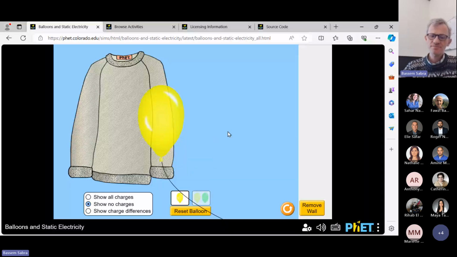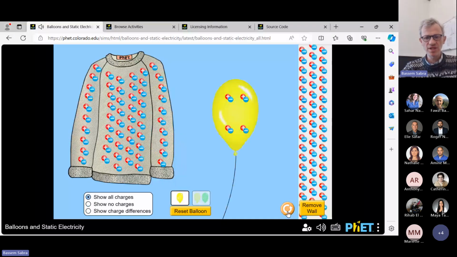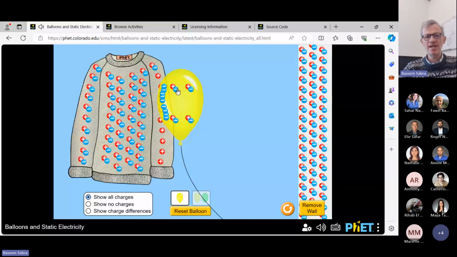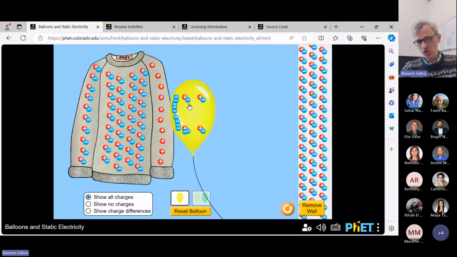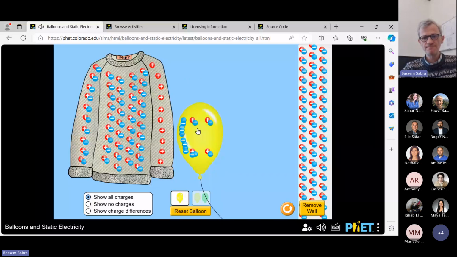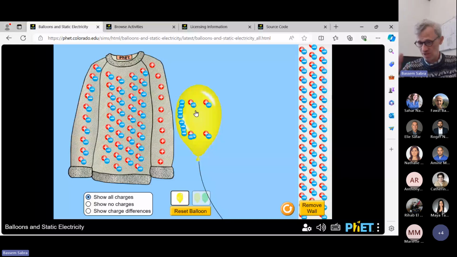What's going on there? Of course, they've heard about charges in school, so they start saying something about, okay, it gets charged, whatnot. So I tell them, all right, let's see what's going on here. Let's put on the charges. Matter is overall neutral, equal positive and negative charges. When we rub the balloon on the sweater, the balloon will gain a net negative charge, and the sweater location where you are rubbing the balloon loses its electrons, so it becomes positively charged. Positive and negative attract. These are opposite charges. So that's how I developed that.